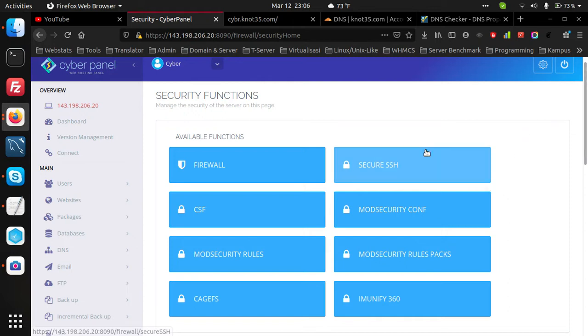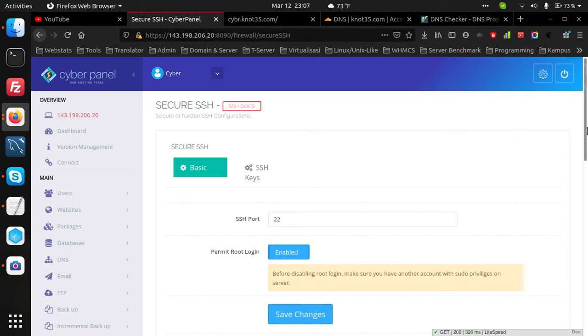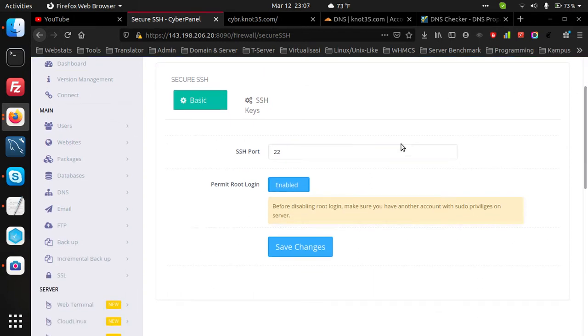And you can also secure the SSH port, so access to your server is more secure rather than using the default SSH port. For example, we can change the port to another port number like this, 57307.